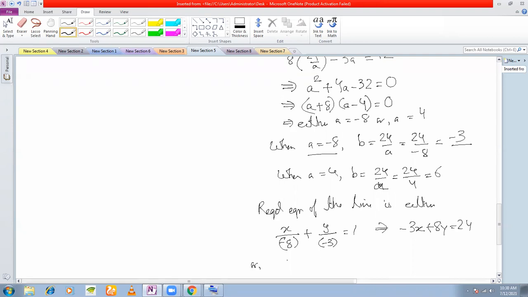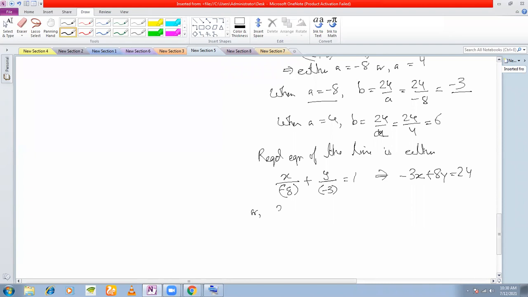Or you can have x by 4 and y by 6 is equal to 1. Sorry, this is minus. This is not plus. If you remember, the equation was given to be